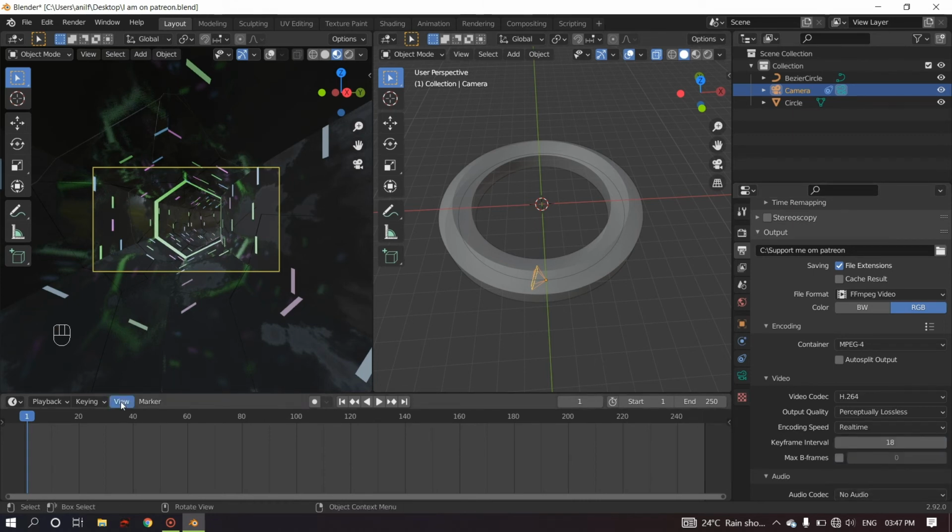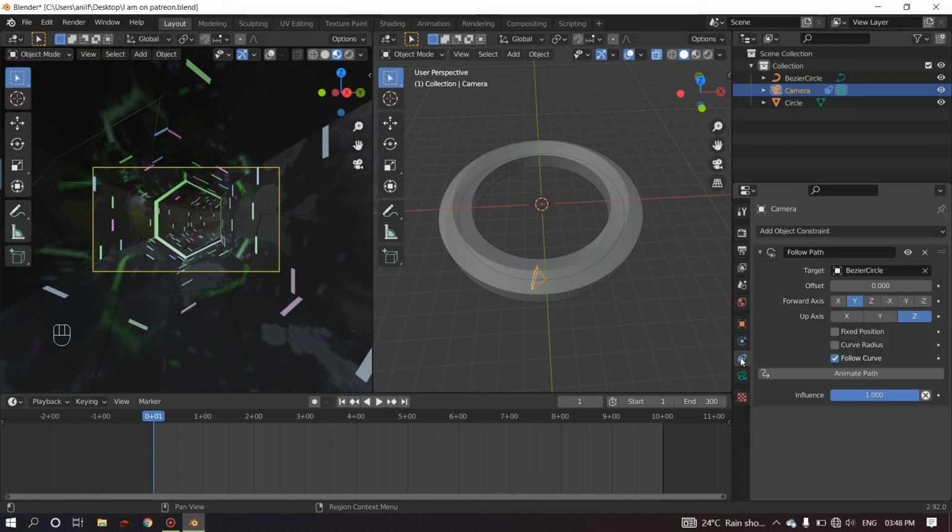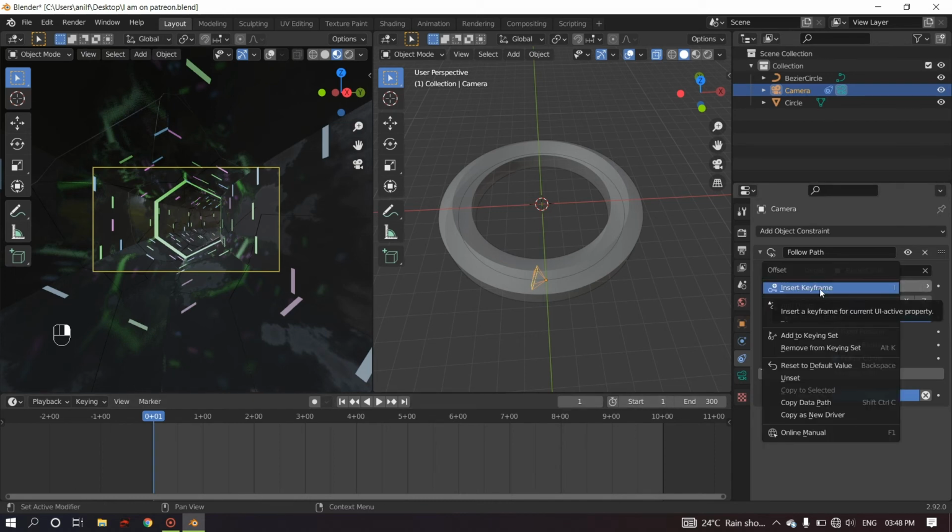Now go into the view menu in the timeline and show seconds, and I want this to be a 10-second animation, so drag the end frame to 300, that is exactly 10 seconds. So next we'll go to the constraints again, and we need to keyframe the offset. Do not click on animate path because this will automatically animate the path. We need to animate this manually. So now we are on frame 1 of the animation. Right click and insert keyframe,